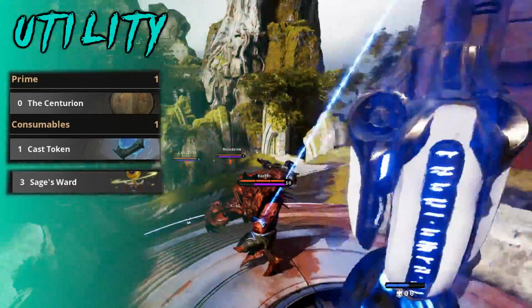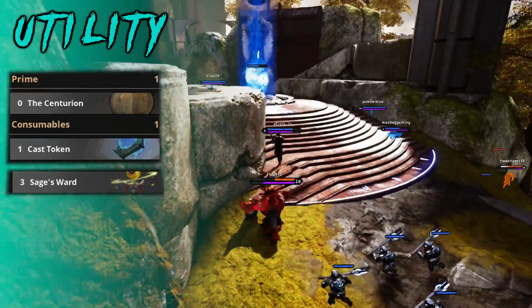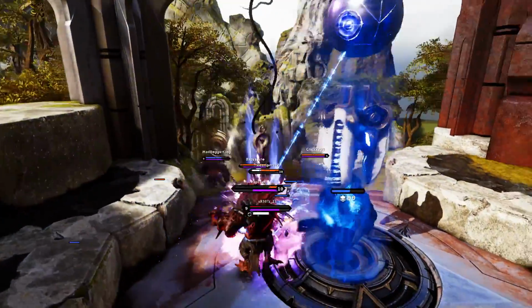So you're also going to go ahead and get a cast token, and then also a dummy ward for the initial start of the game. You can go ahead and put a dummy ward in the enemy team jungle or by the river buff. Dummy wards, I feel like they're really effective, especially in the early game,